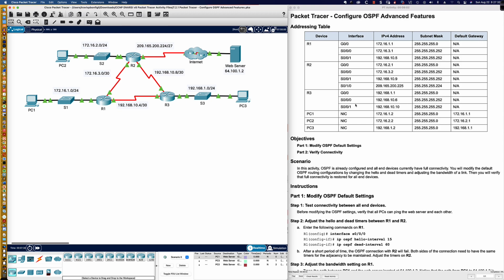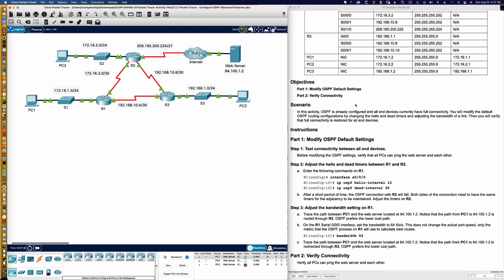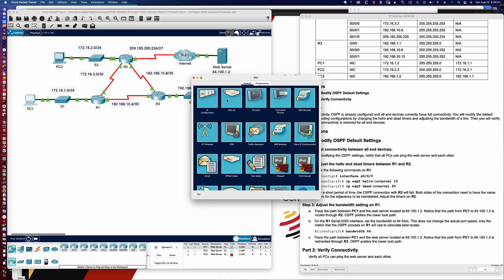Here is our addressing table over here to the right, and our objectives are going to be to modify some OSPF default settings. Now, I'm also going to be providing some value add here when we talk about the why and when you would actually make these types of changes. So, right out of the gate, they want us to test connectivity between all the devices before modifying the OSPF settings. And so, in other words, if I was to pull up